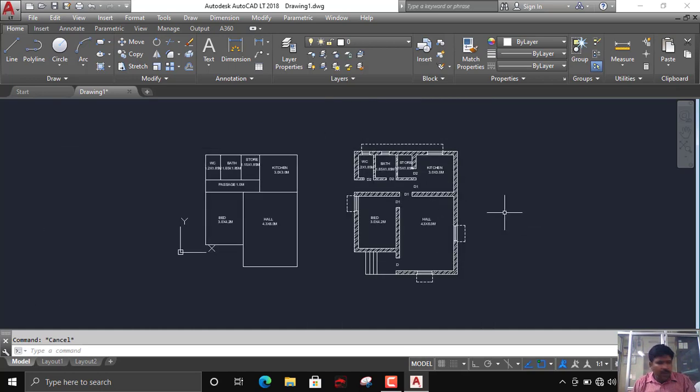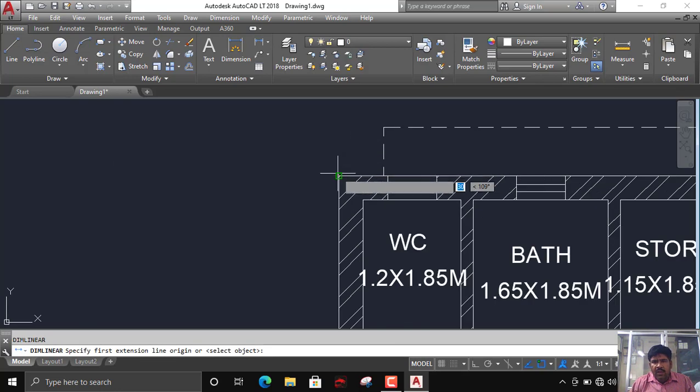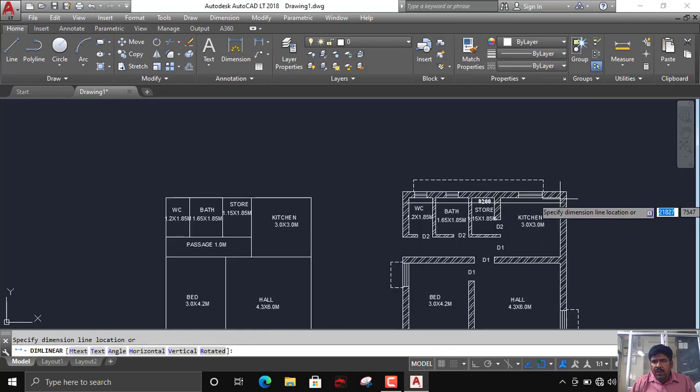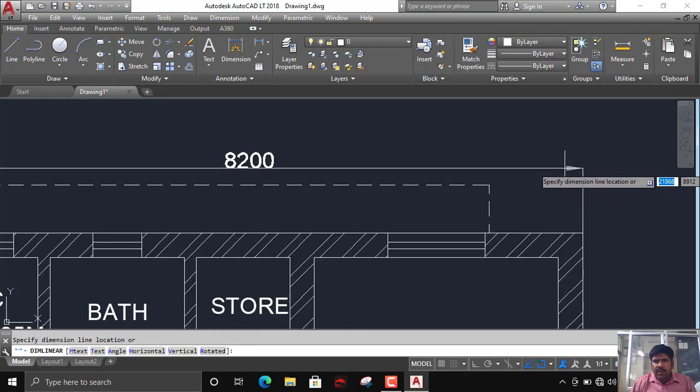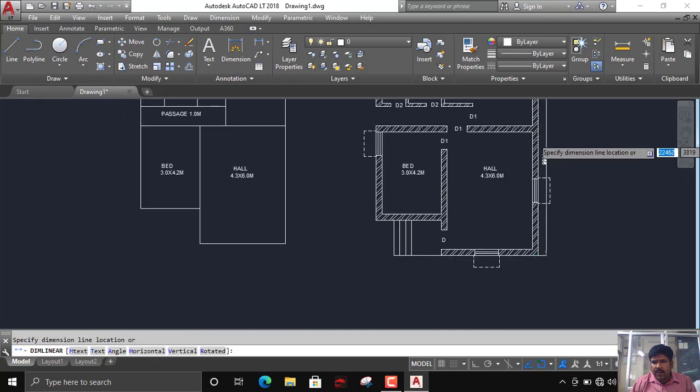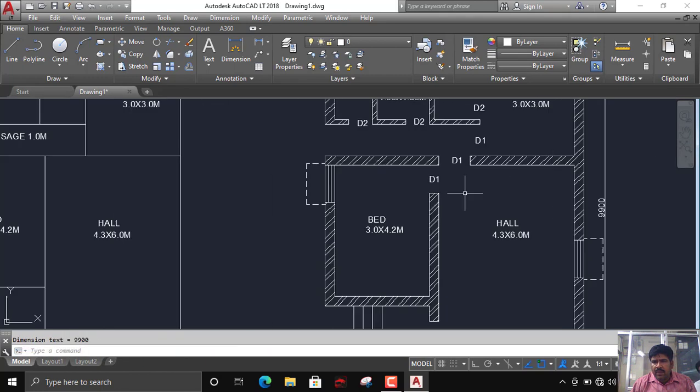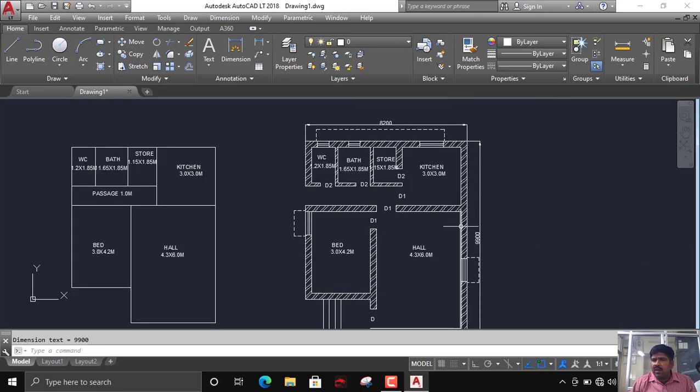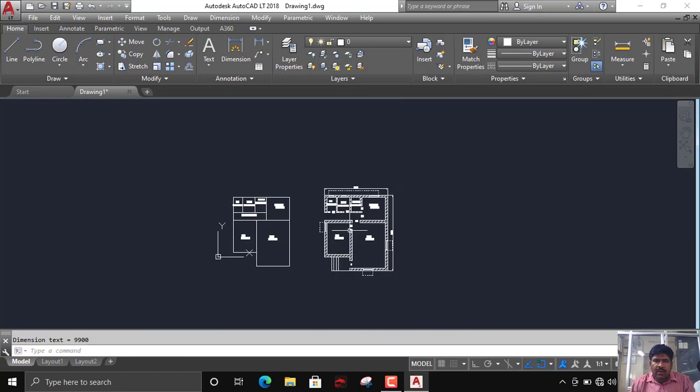So this completes your plan. Later you can give a dimension for this from here to here. The dimensions you can give for the plan.